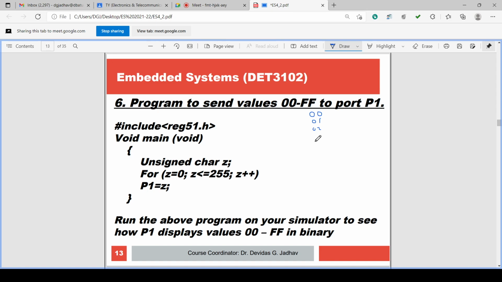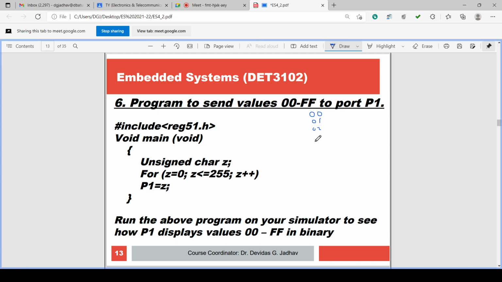Whenever a hex number is outputted on port P1, accordingly those pins will have the values. If 00 is outputted, all the pins will have 00000000, meaning all the pins are at 0 volt.